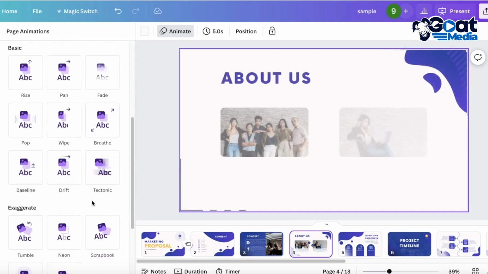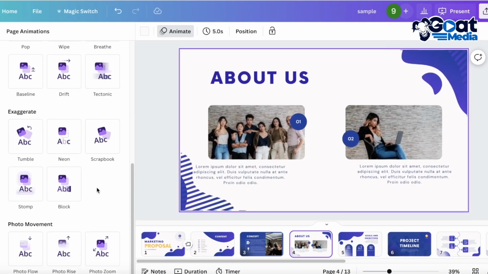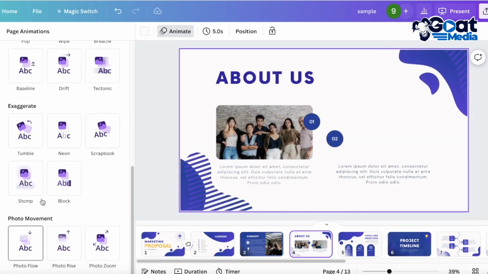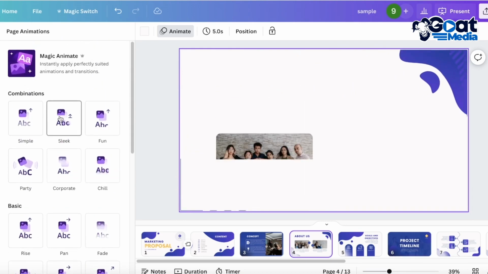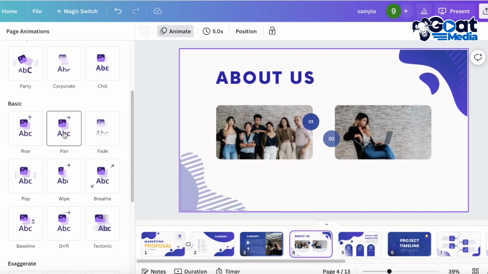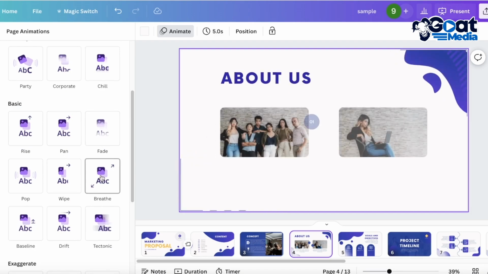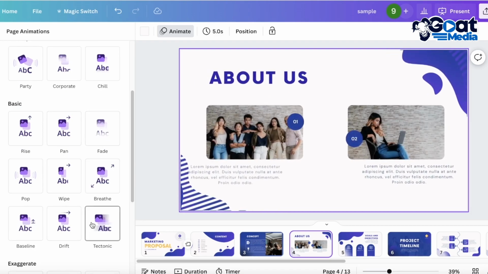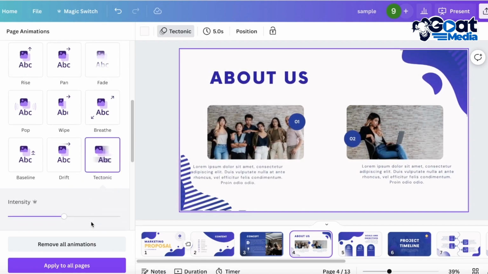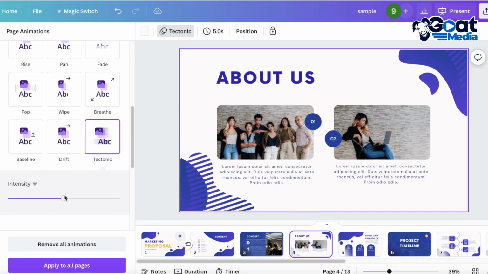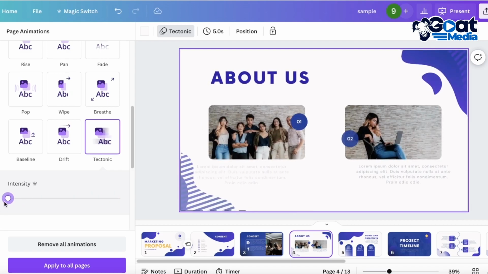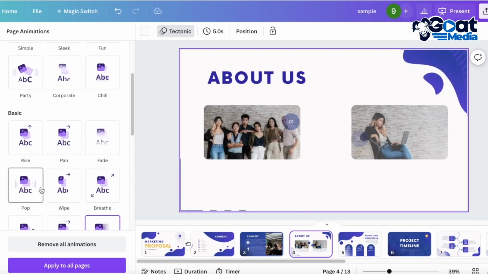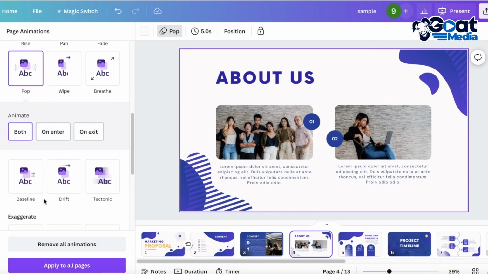So you will see multiple different types of page animations. You have photo movements as well as exaggerated movements, some basic transitions, as well as combination transitions. So let's say I want this to be a tectonic presentation, so I can add that. And I can choose the intensity of the particular animated effect that I'm adding. If I want this to be brief or super intense,